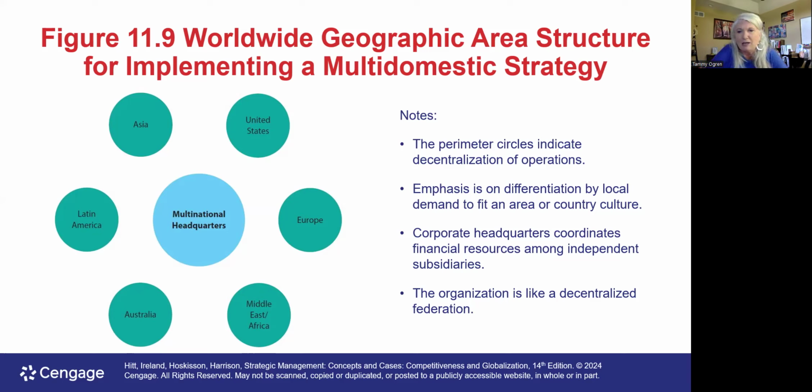A multi-domestic strategy is a strategy in which strategic and operating decisions are decentralized to business units in each country to facilitate tailoring of the products to those countries, just as a reminder of what a multi-domestic strategy is. So the structure used to implement this multi-domestic strategy is a worldwide geographic area structure, an organizational form in which national interests dominate and facilitates managers' efforts to satisfy local or cultural differences. That's the focus of a multi-domestic strategy.